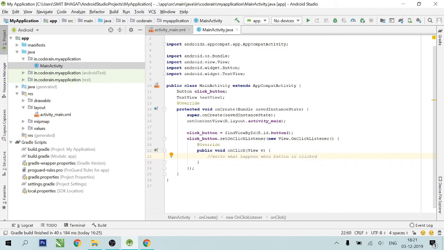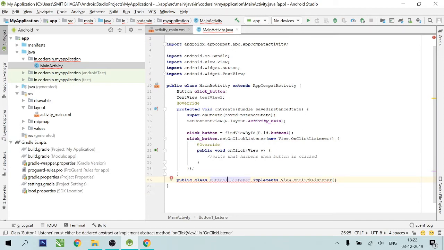In this method, we declare a new class that implements OnClickListener, and then we assign that class to our button. And just open and close the curly brackets. Now you can see the red line under our class definition. Just place your cursor on the name of your class and press the shortcut key Alt plus Enter,